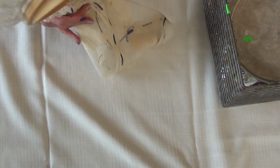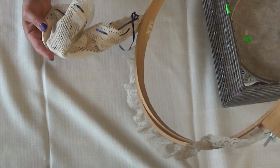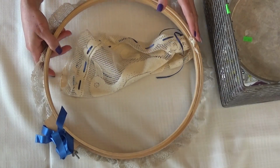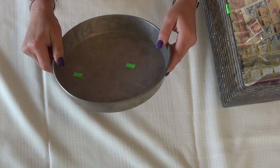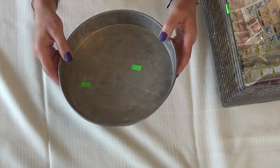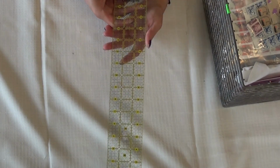So what I will do is just remove the different bits of lace and material that's on this one and the ribbon, because I bought it solely for the hoop itself. All right, and then I have this old cake pan because I like to put different bits and bobs in it when I'm working on specific projects. So I grabbed that. This here is an Omni grid ruler. Anytime I find rulers,